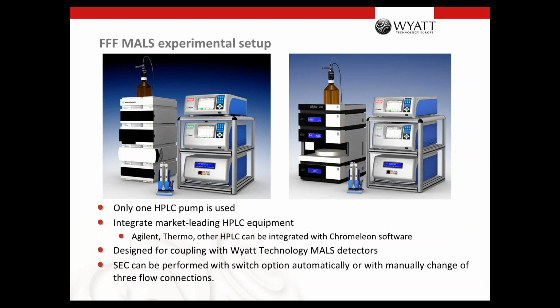It is also possible to use the HPLC manually in SEC mode. That means that you have to change the flow connection and bypass the Eclipse. And then you can use the whole setup with the UV, the MALS detector, and the RI detector from Wyatt just for normal standard SEC measurements. That's very often done by customers because you get more information if you use different separation principles.